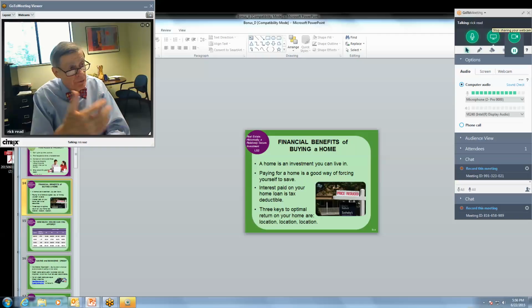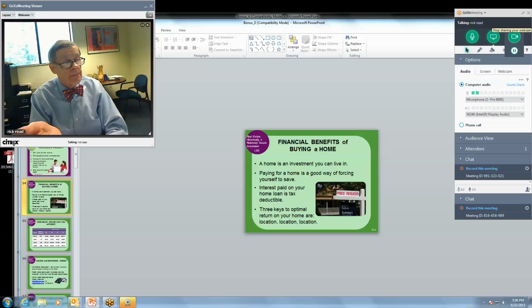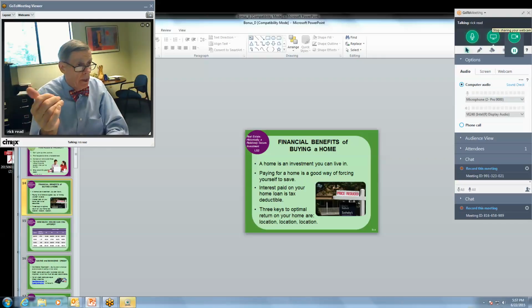This is what helps you do when you buy a home. A home is an investment if you live in it. Of course, you can also buy a home, fix it up, and rent it out. Understanding that it's not going to be in the condition that you rented it out in, but as long as you can survive that, it's okay. A lot of people in the military have done that for years. Interest that you pay on your mortgage is tax deductible. There's a lot of people who say that's welfare for the middle class, and there have been initiatives over a period of years to take that away. I don't expect to see that go away anytime soon.